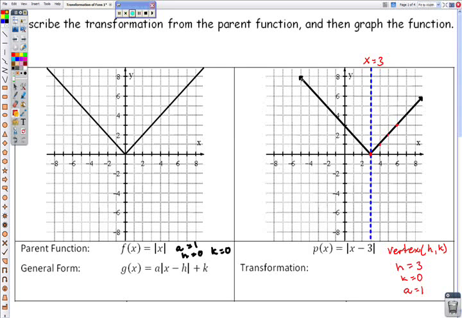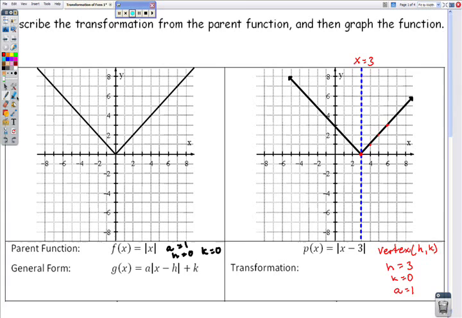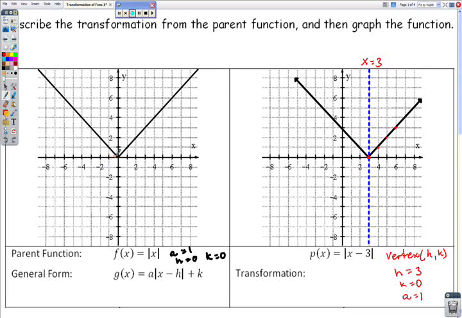And that is our absolute value function. Translated, how? How is this function different from that one? We can see visually that our entire graph has been shifted to the left by 3. And we can just compare vertices at this point. The original's vertex is at 0, 0. This one's at 3, 0. So the transformation is a shift right